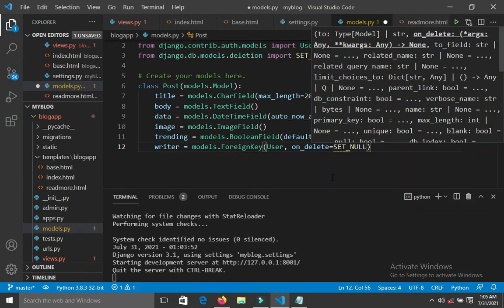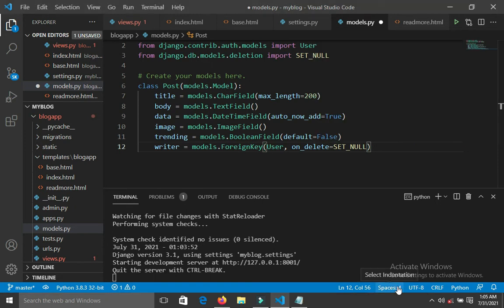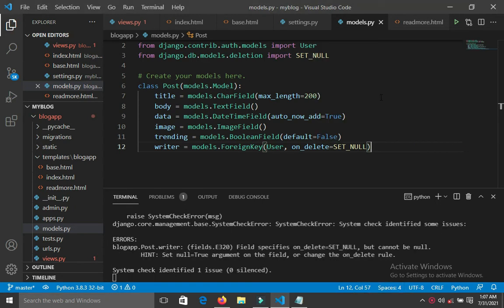Okay, that's it for now. So we're going to run migrations right now. Okay, you can see we have an error on the terminal, and it's because of this